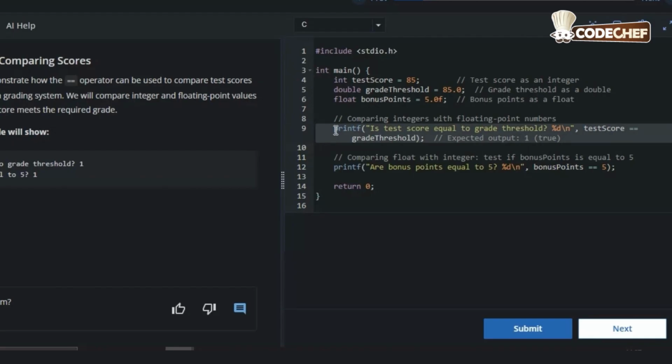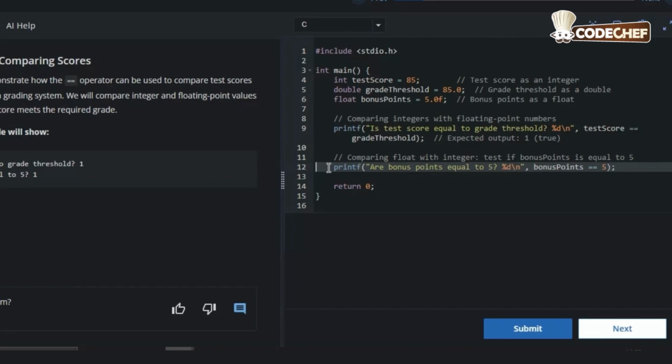The next comment explains that we are going to do our next comparison. The printf statement, are bonus points equal to 5, is another mixed type comparison. The expression is bonus points is equal to 5. Bonus points is 5.0, a float, and 5 is an integer literal. The equal to operator asks is 5.0 equal to 5.